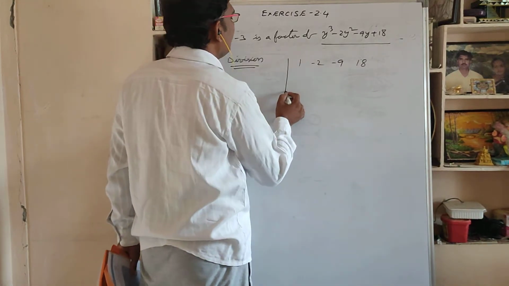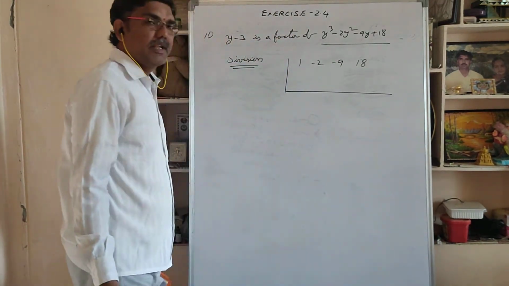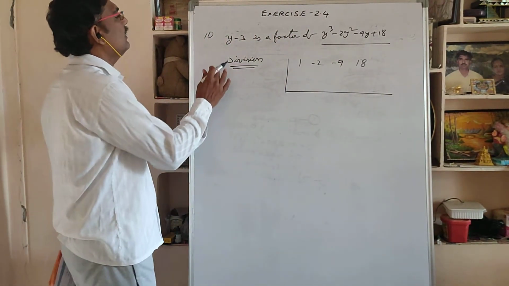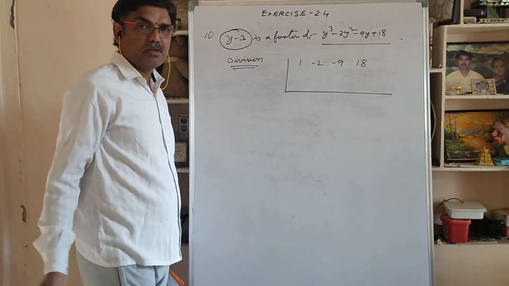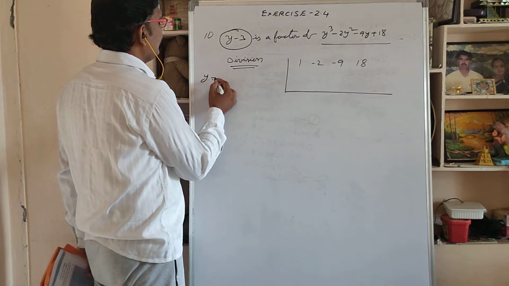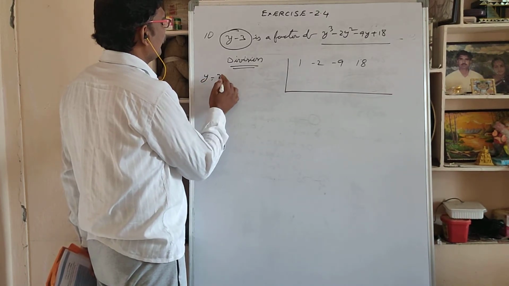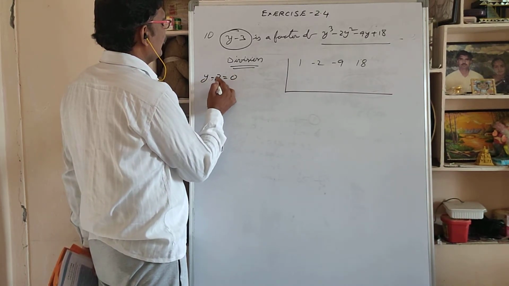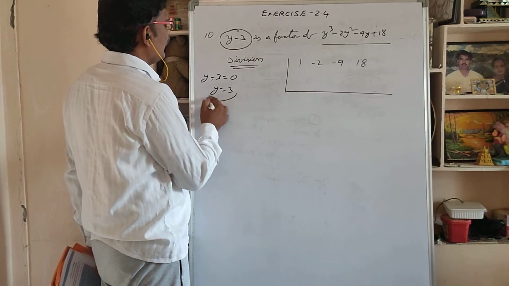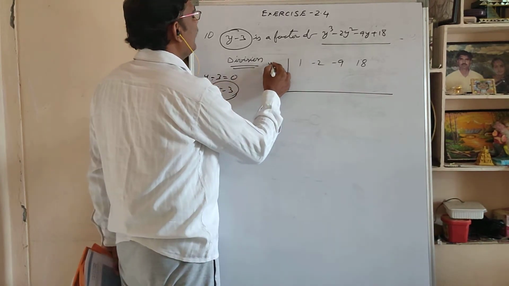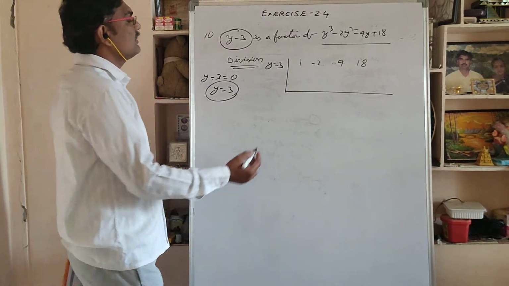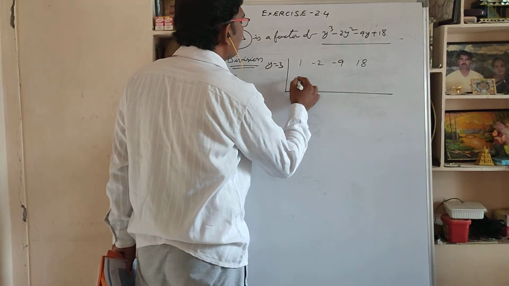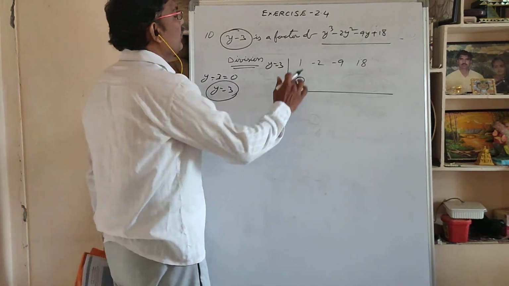We should write that entire like this only. Keep like this. Then what is factor? What factor he given here? Y minus 3 or not? Y minus 3 equate to 0. Y minus 3 equate to 0. Then y is equal to how much you are getting? 3. So here you have to take 3. First 0 you should write here. First 0 write down. Do addition.